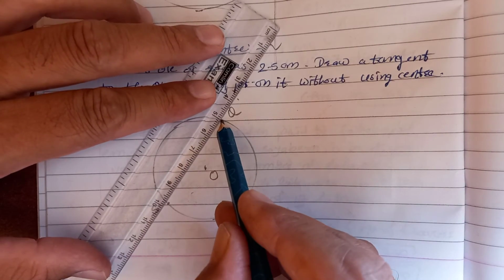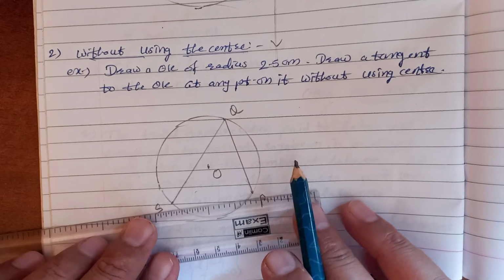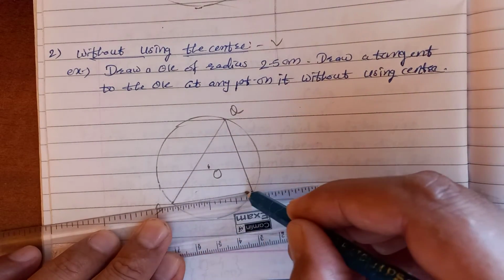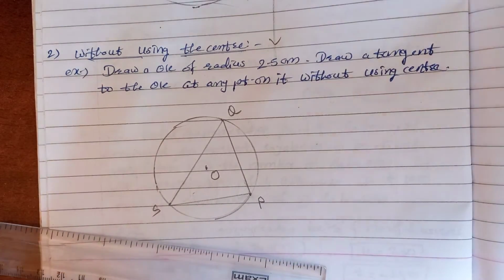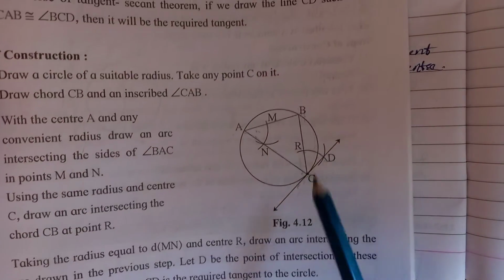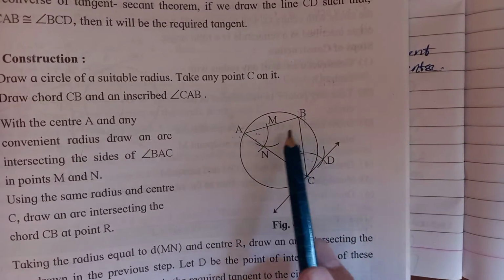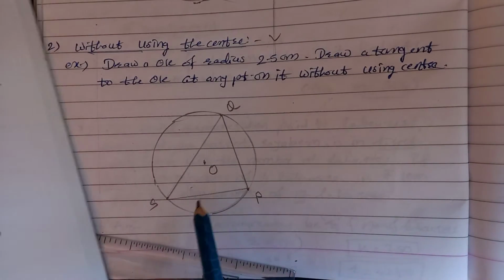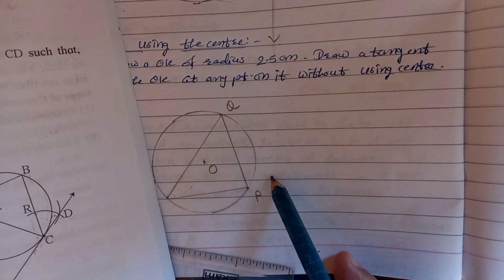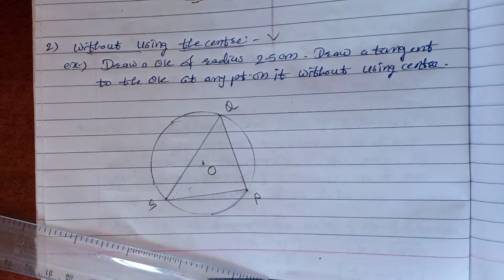See how to construct. This is new for you. This one and this one. So what you have to do? Here we see this is chord BC. So we took this angle, and opposite of the chord we took this angle. Now here we have taken P, meaning this is the chord. So we have to take this angle and draw this side angle, opposite of chord PQ.